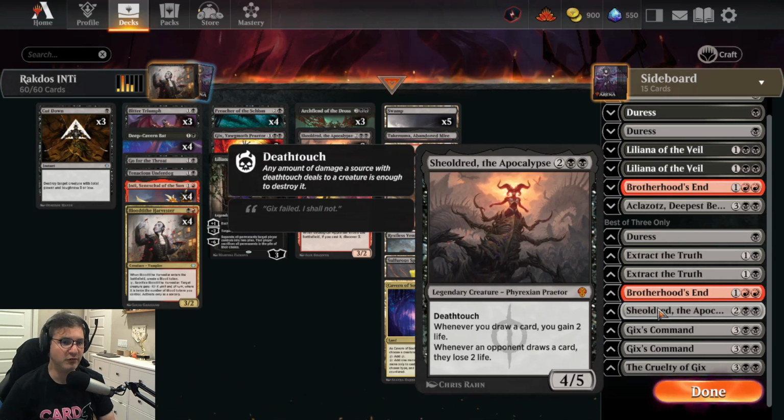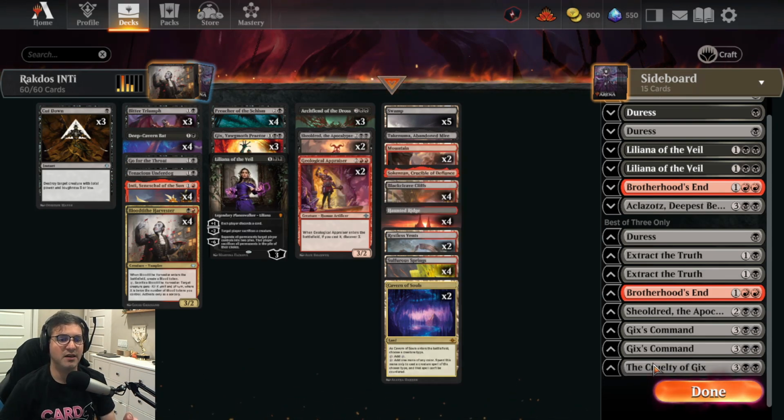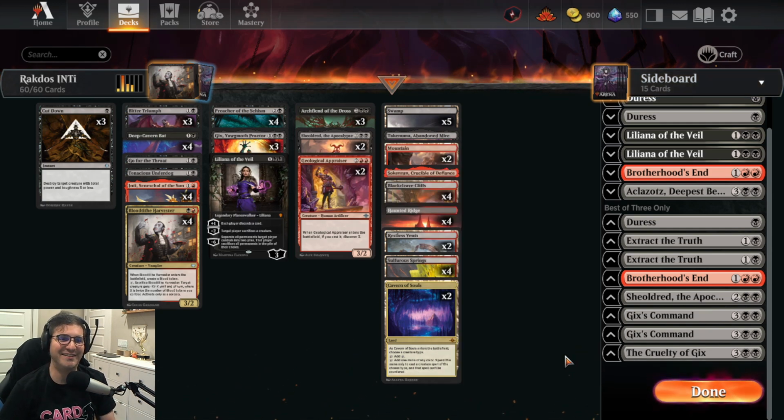We do have an extra Shield of the Apocalypse, some Gix's Commands to deal with more creatures on the board, and a singleton copy of Cruelty of Gix for potentially Domain, or some of these Rakdos Mirror matchups where if they're playing the Carnosaur version, I could steal their Carnosaur and suddenly I'm playing both decks at the same time. So this is going to be a little bit more low to the ground aggro version of the Rakdos deck